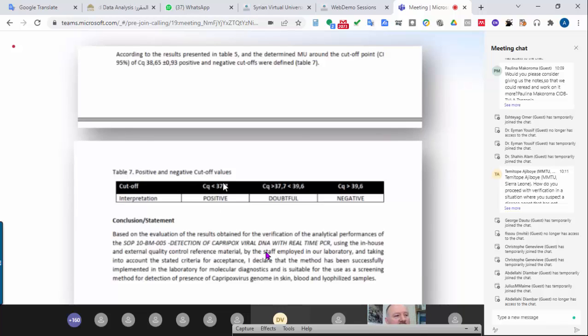So all results lower than this CQ are positive. All the results with a CQ higher than 39.6 would be regarded as some artificial amplification or non-specific amplification signal and should be regarded as negative. While the results lying between 37.7 and 39.6 should be declared as doubtful. Of course, it should be repeated again. And if the same results are obtained, then you should